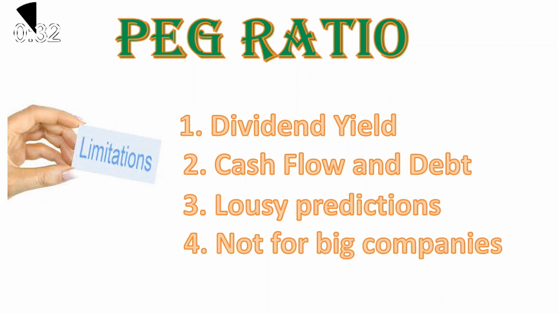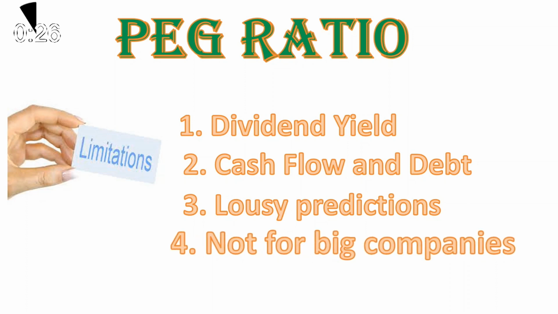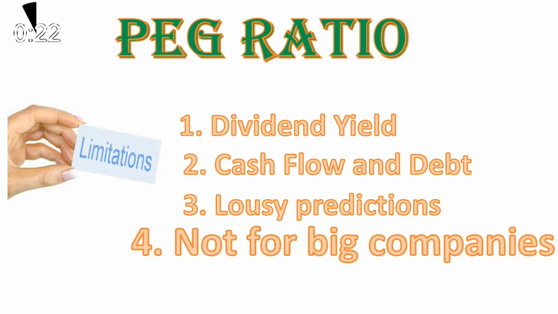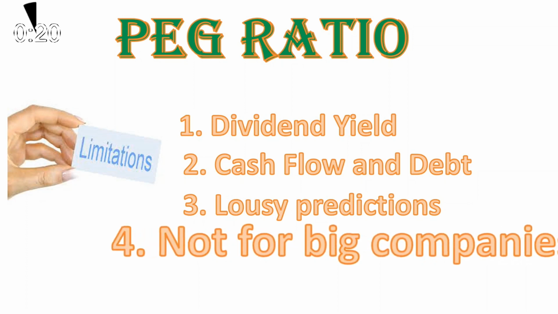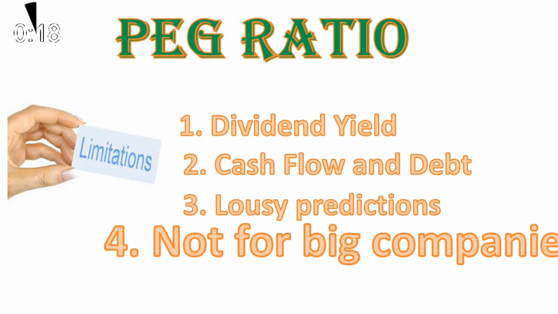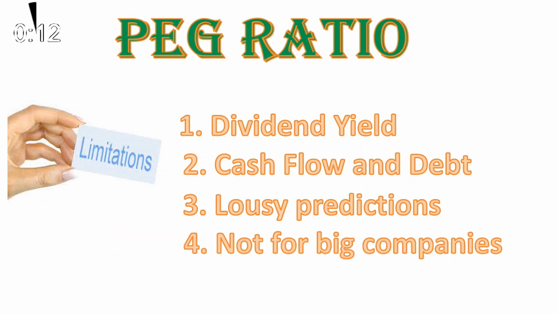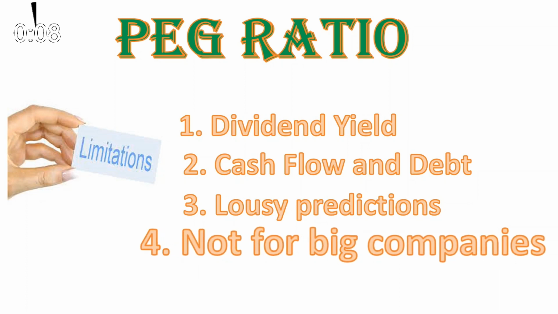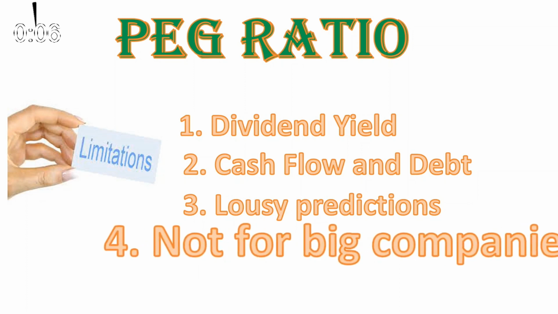It is not suitable for large companies like blue chip companies. Why? Because such companies may have reached a stage of saturation that there is no scope for future growth. The earning growth rates are smaller. PE ratios of such companies are usually on the higher side because they are large blue chip stocks which are always on demand and the stock prices are always high, but the growth rate is low.